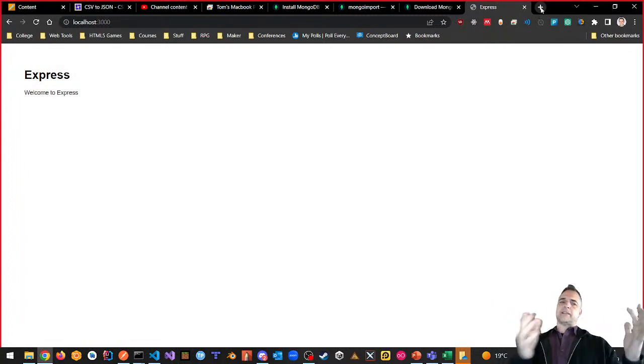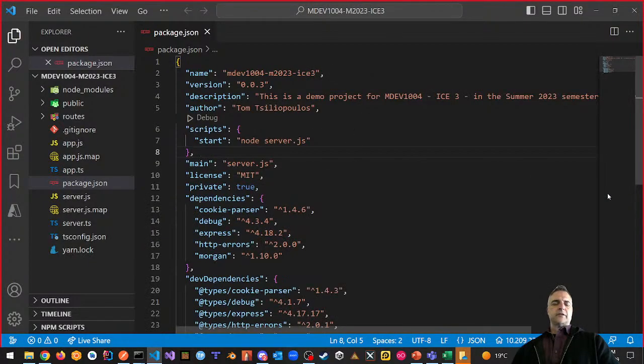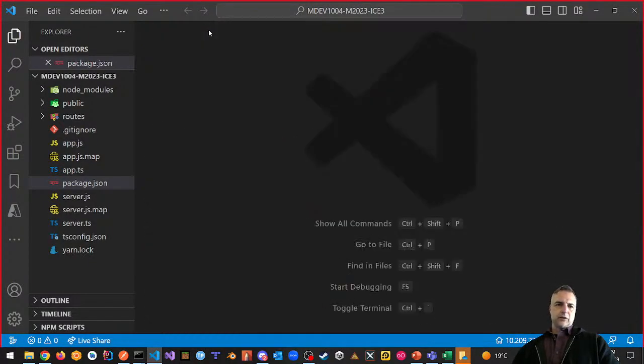One, I want to connect to MongoDB. Okay, that's what I want to be able to do. And we're going to follow the steps together to do that. Let's do this first. Okay, so first of all, just like we said before, let's take a look at our